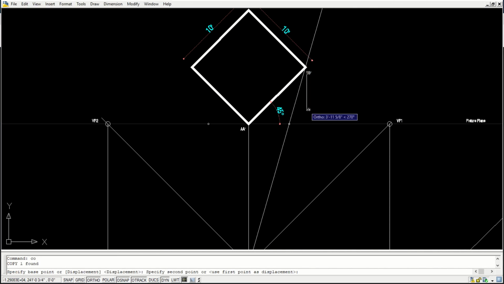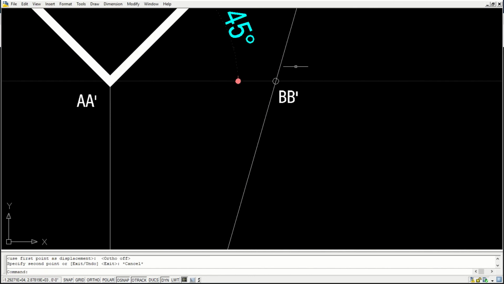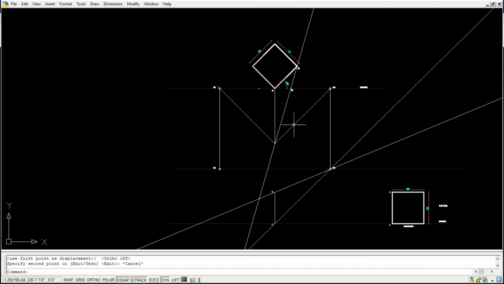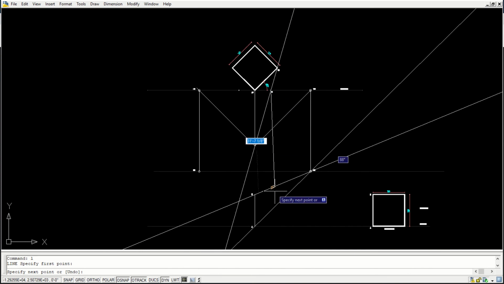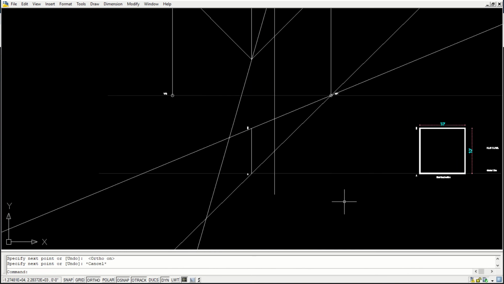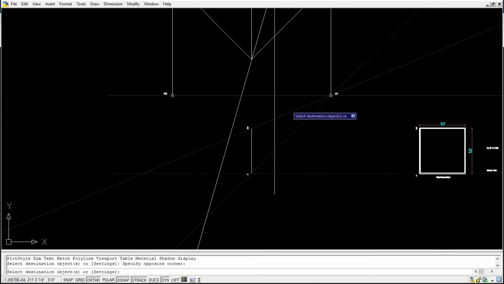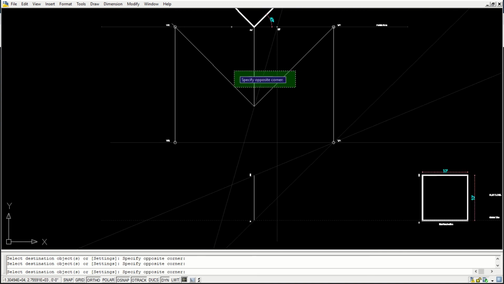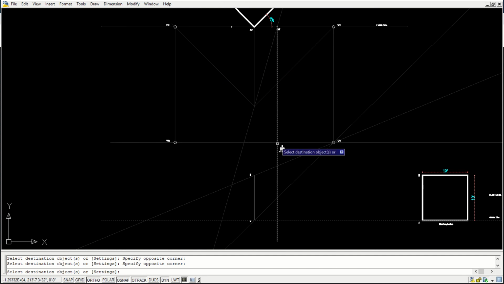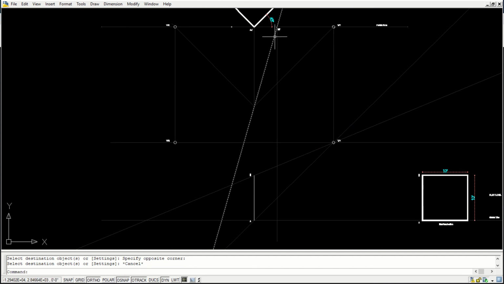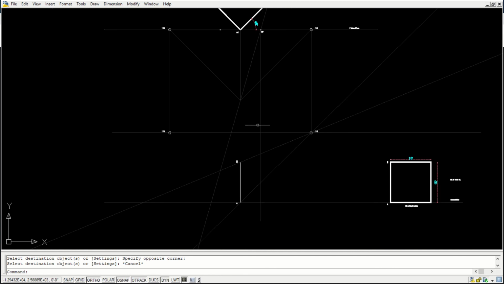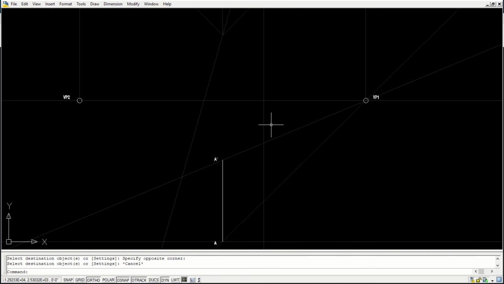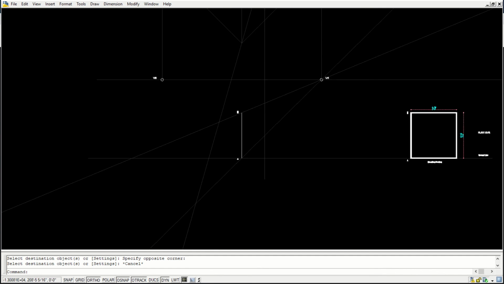I'll just label it here so that we can follow. From here, how do we take it to the object? We just have to draw a straight line. I'll convert all this into guidelines so that we can draw it. So what we have done is, from this edge to this point, we have brought it here and drawn the lines. This edge BB dash is okay.